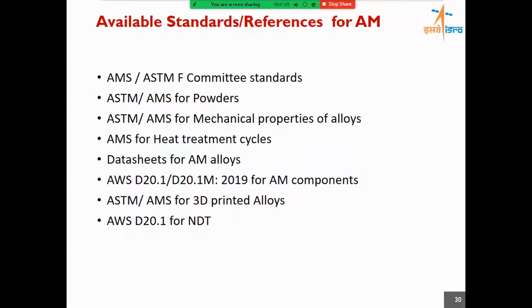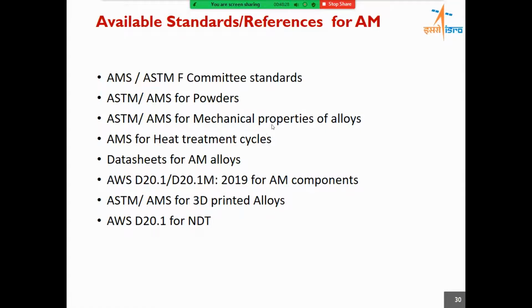So coming to the standards, as I mentioned, there are various international standards, and since this area is a relatively new area, the standards are being evolved now, and there is one ASTM F42 committee which is trying to evolve standards for this additive manufacturing area alone. And there are few available ASTM standards mainly for powders. To take care of the powders for powder metallurgy, these standards were existing earlier, and the same is being tried to be adopted for additive manufacturing.